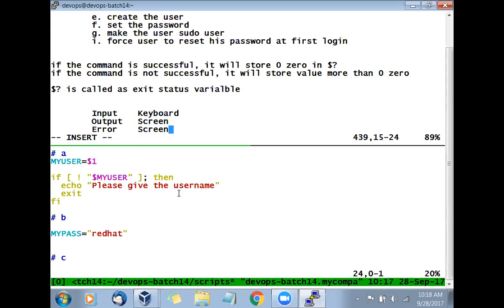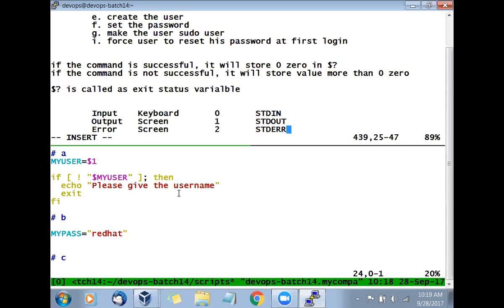Screen. So they have been given numbers: 0, 1, and 2. In the standard formation, we call it stdin, standard in. The second is stdout, standard out. And we'll say stderr, error.